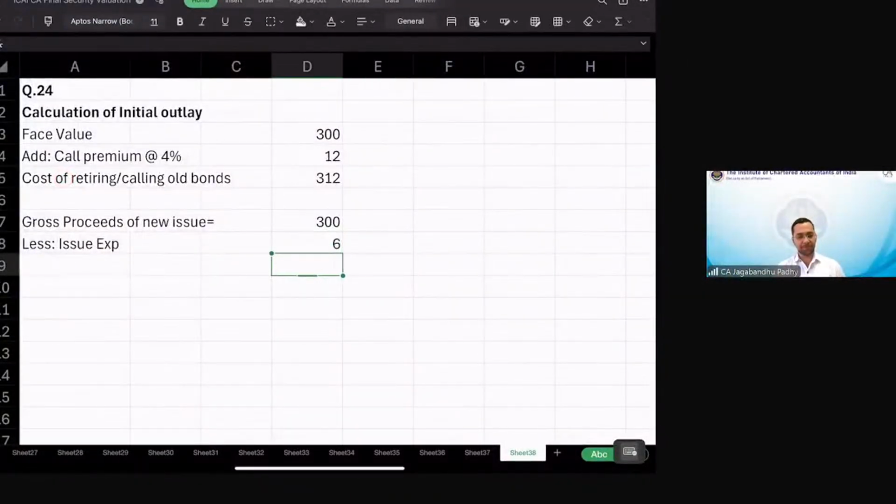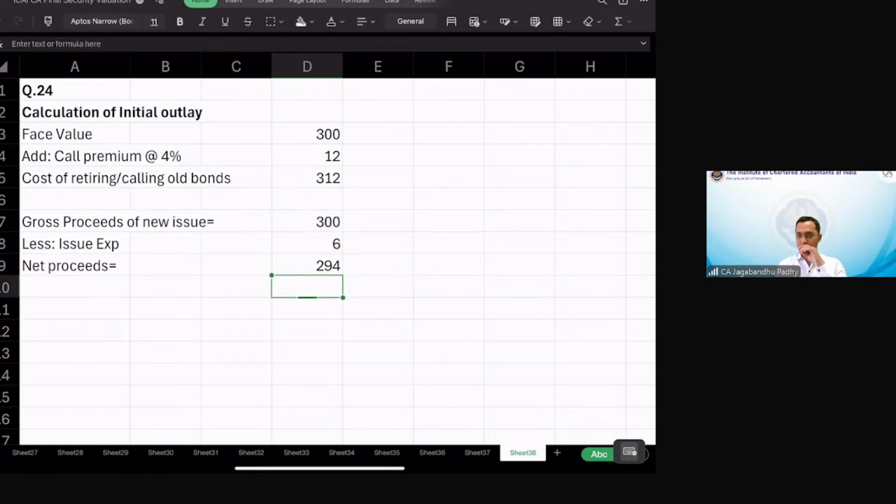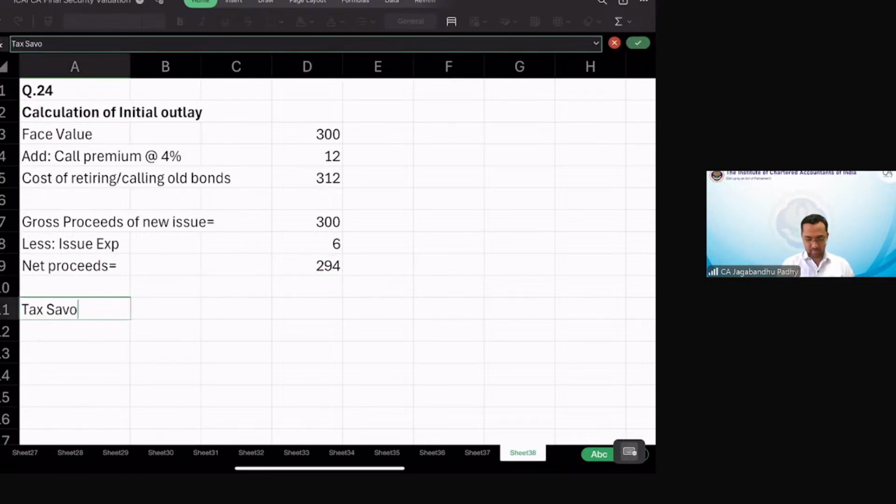6 million. Okay. So how much am I going to receive as net proceeds? Net proceeds will be, can I say 294? The net proceeds that I have is 294. I need to pay 312. I'll be receiving 294. Also, one more thing that's happening is